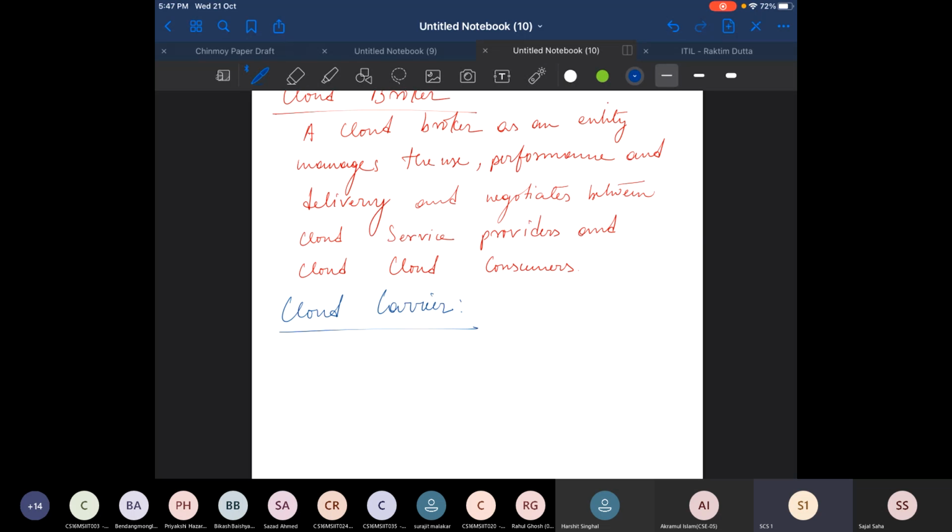So you need to go through all the actors and their features and functionality very minutely. In that case you will understand the entire cloud computing reference architecture. That is the backbone of your subject, cloud computing architecture and deployment model. Okay, so if you have any question, you can ask me any type of